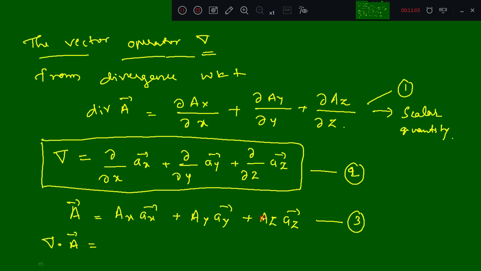Then the rest, Ax into Ay, Ax into Az, all become 0. The only remaining part is